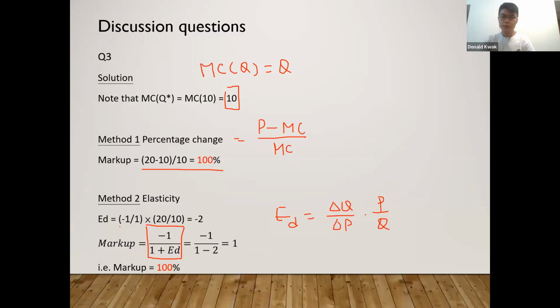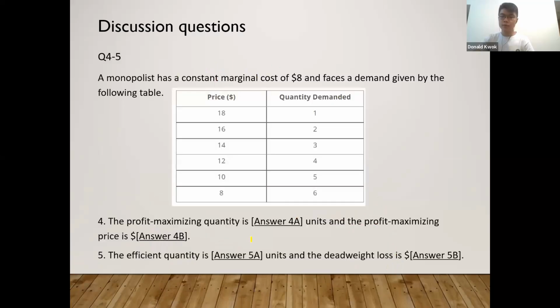Right, so this is why we have the first fraction as 1 divided by -1. And for the second fraction, it is the profit maximizing price divided by profit maximizing quantity. So 20 divided by 10. So we can calculate the elasticity of demand to be -2. So plug that back into the markup formula. Then we are able to calculate that to be 1 or 100%. Right, so that's all, and we'll move on to the next problem. Please take a look.